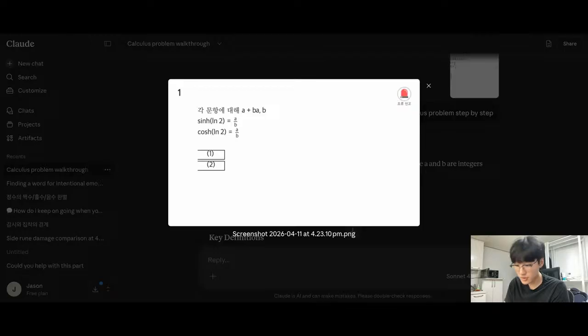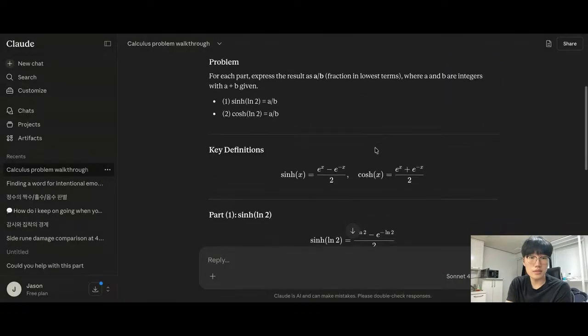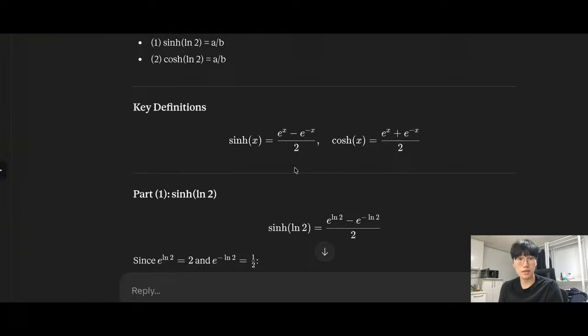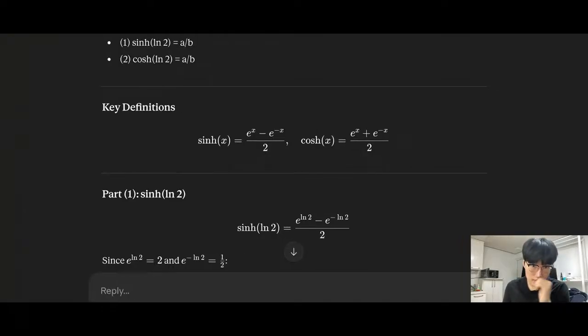And the next one is cosh(ln 2) equals a/b. So what it's basically saying is key definition. There are sinh x equals